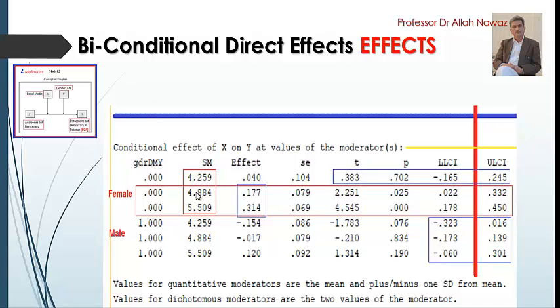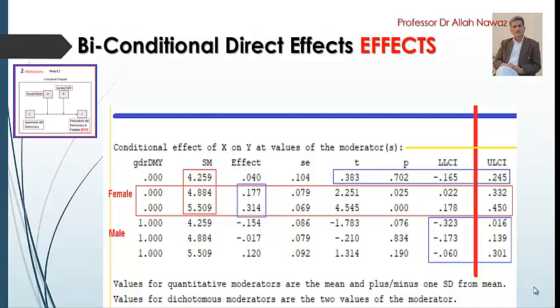The second group, scoring 4.884 on SM, and they are female, they have got a greater effect than 0.045, it is 0.177. It is also significant, we can see it is 2.251. The t-score is far greater than the required 1.96. The p-value is also far less than 0.05. And the lower and upper scores of the confidence intervals have plus signs, therefore there is no chance of